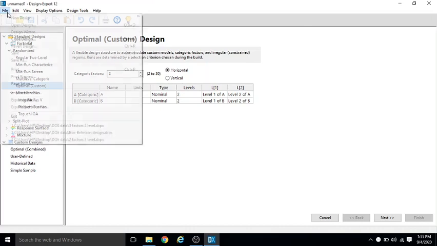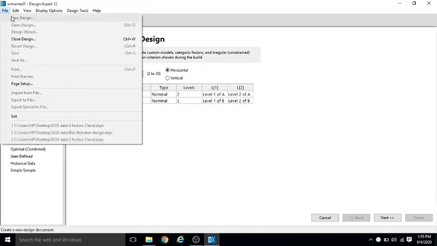Now for the demonstration purpose, I have prepared three different designs. So one is three factor two level design. The other one is three level factorial design, and you have Box-Behnken design. So starting with the very first one,